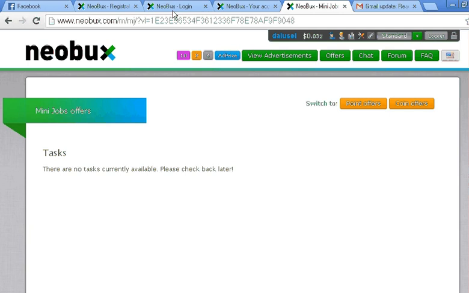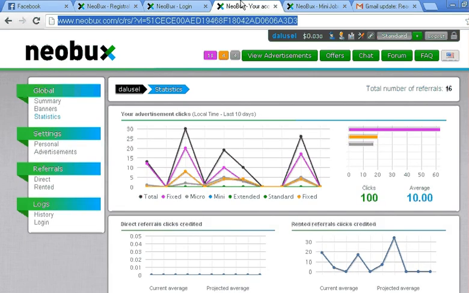Now, this is my direct referral and this is my rented referral. Direct referral means you ask somebody to join Neobux and give them your link, and they join after you ask them. That becomes your direct referral, and whatever they click, you will get part of it and you will start earning from that.